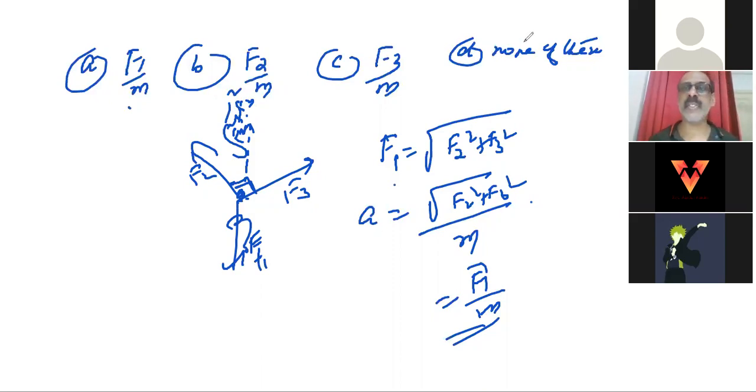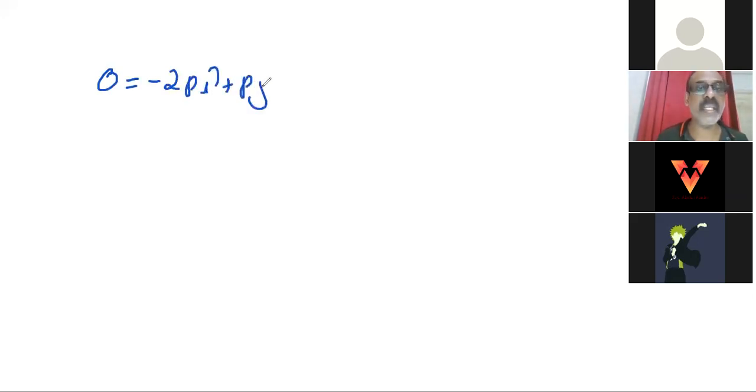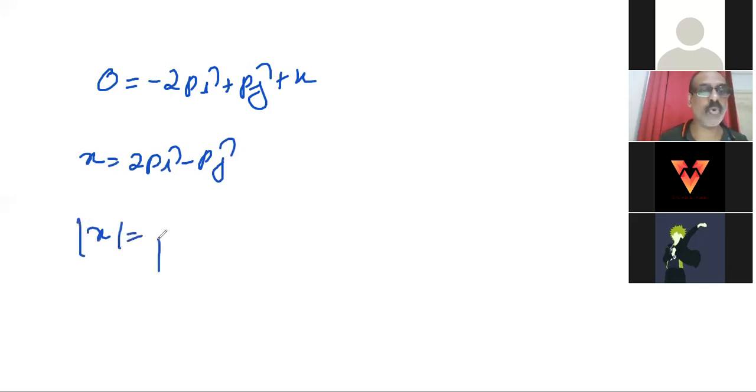See that momentum, once again we have to recall, because now I got it, which I solved this morning. Look here, that momentum problem. Once again, just make a recall. 0 is equal to minus 2pi plus pj plus x. This was the formula we had, right? Yes, sir. Now x is equal to 2pi minus pj. Now magnitude of x is equal to square root of